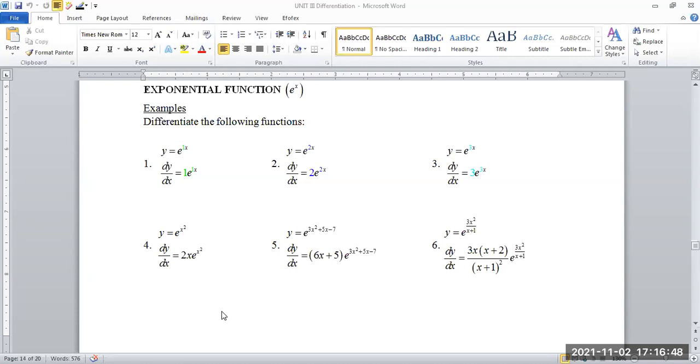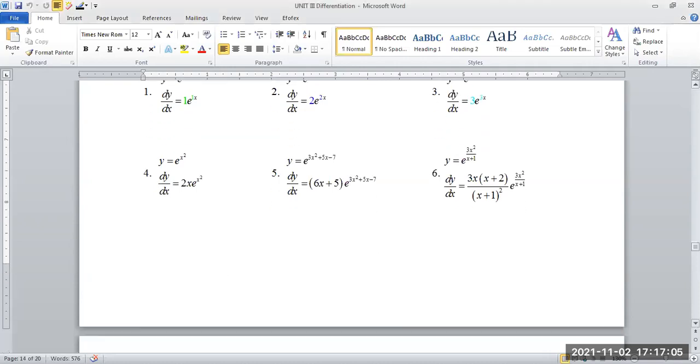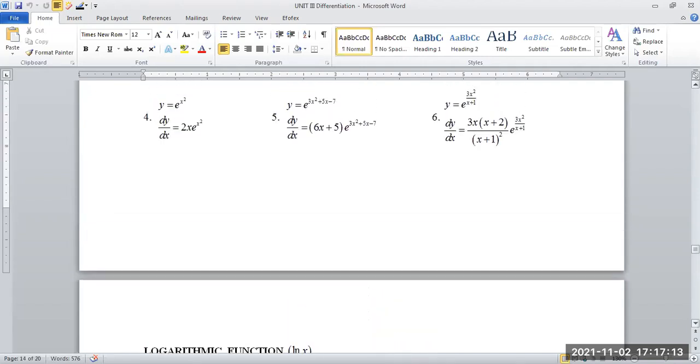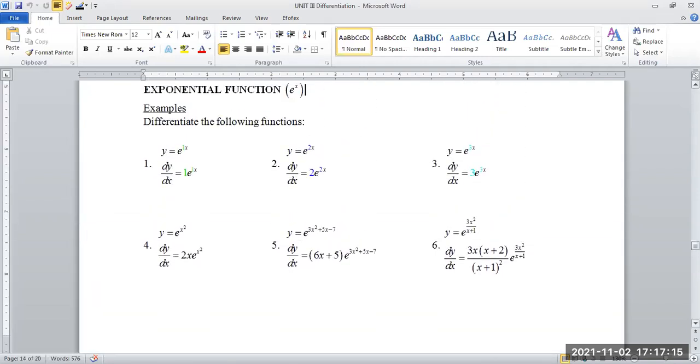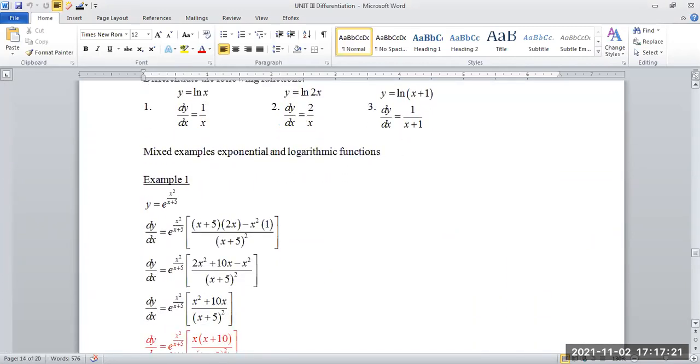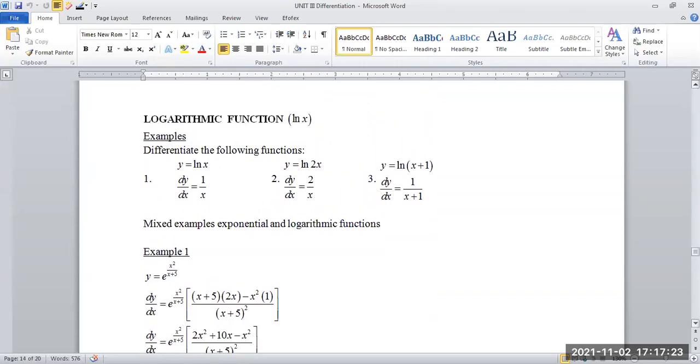What I'm going to be doing with you tonight is exponential functions, and I'm also going to look at the logarithmic function. So this is like our new topic. Look at this. This is the exponential function, just a short definition here. And then after that, not even one full page, I move into the logarithmic function. So it is really not difficult. I just want to talk to you about it.